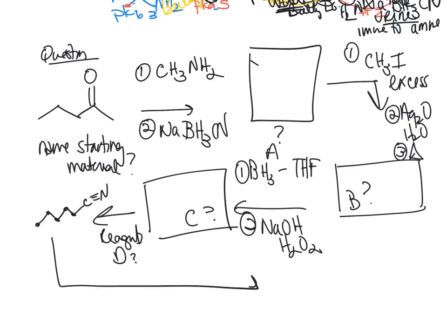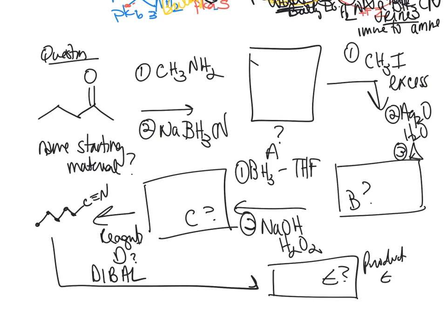And then, so reagents D, and then I want you to add DIBAL. And what is this product? E. All right. And then I want you to name that. I want you to name your starting material, and I want you to name your product. All right. We'll talk